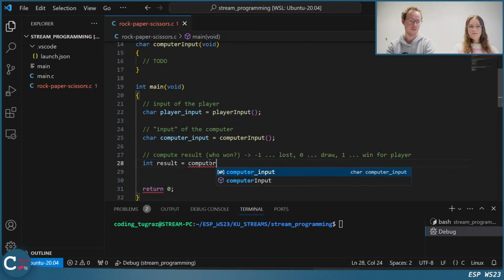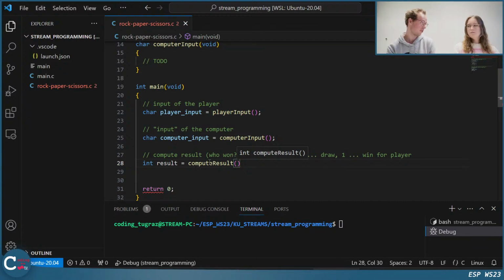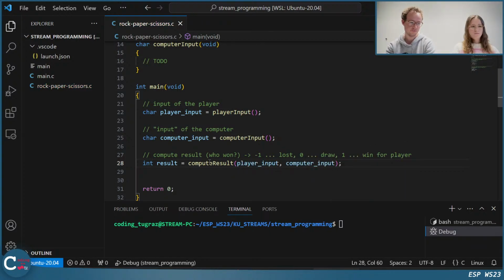Now, in this case, we need two parameters, because we want to input the player input and the computer input to this function and then determine who won the game. So we have player input and computer input. Basically this is everything the game is about in a very large view. We just need the input of both players, we compute the result, and that's it.